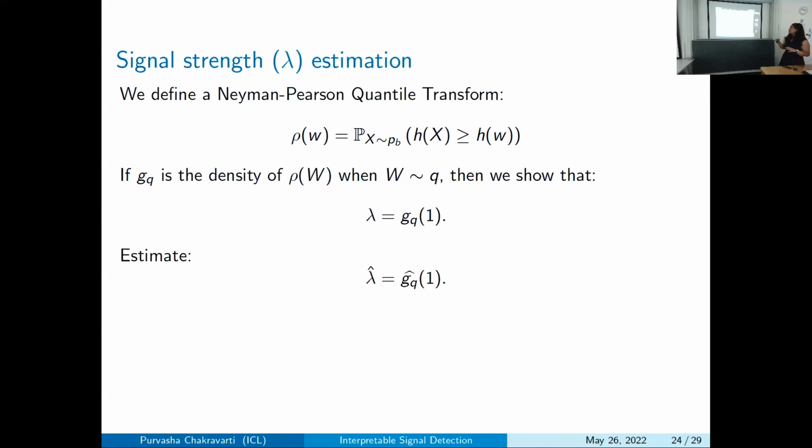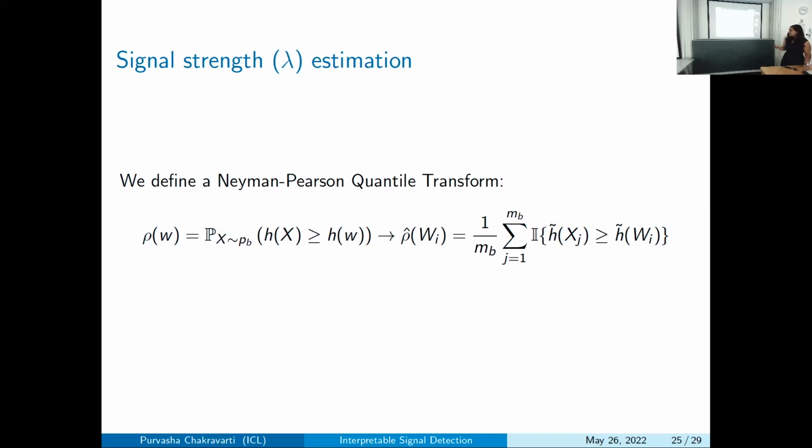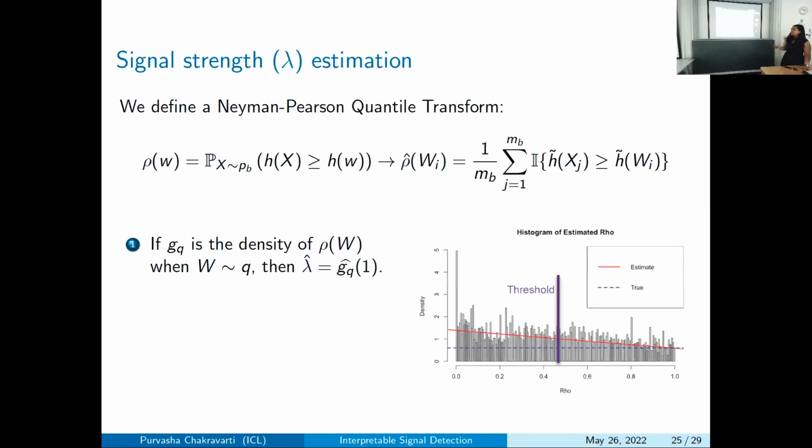Okay. So now the simple thing to estimate lambda is you just estimate this density. But the only small problem here is that you're estimating the density at a boundary point. So it causes some challenges, but I'll go into how we actually estimate that. Before that, this probability itself is also something that we don't know, because PB, the background model, is really complicated. So we also have to estimate that. So we are estimating the transformation at each experimental point. And using these estimates, we'll now estimate the density, and then compute the density at